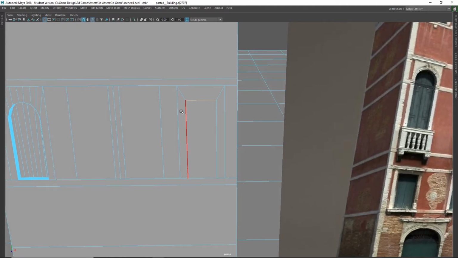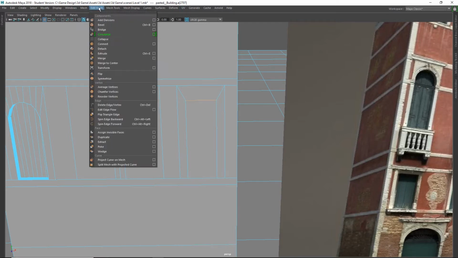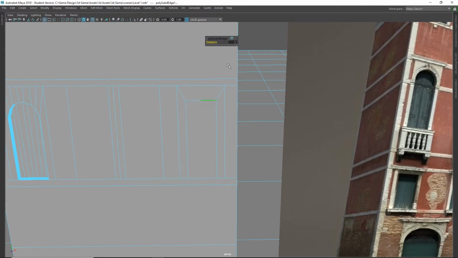Okay, so for over here, instead of selecting the vertices, we could just add divisions right here. That's really where we need them. So I'm just going to add divisions to this edge right here. I'm going to select this edge and go to Edit Mesh, Add Divisions, and then I'm going to crank this up to 7 because if you remember right, that's what we used on the last one. So I'll just type in 7 there, hit Enter,